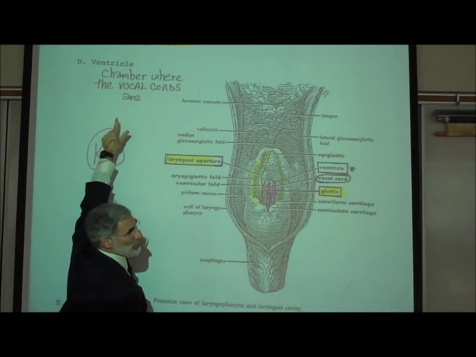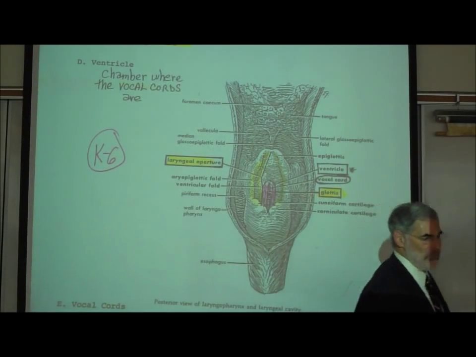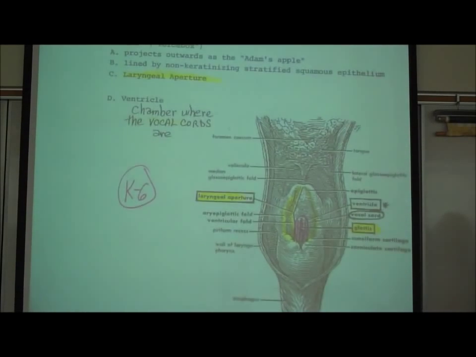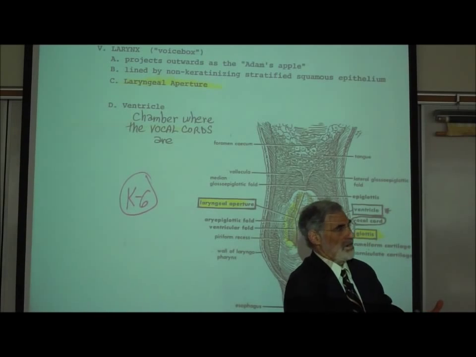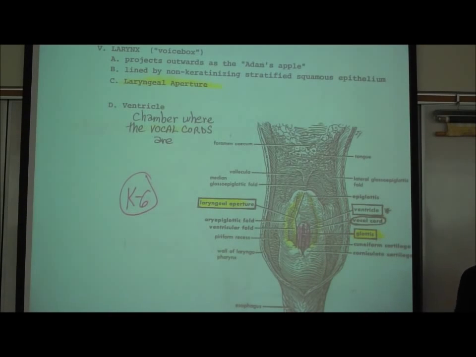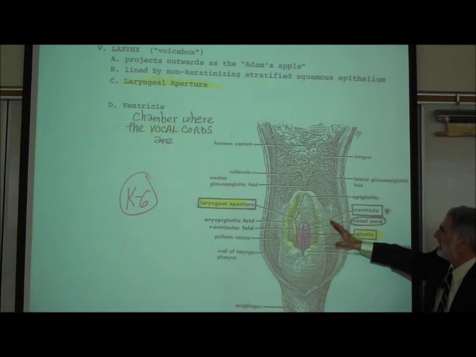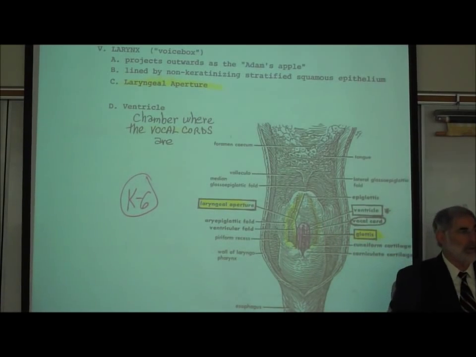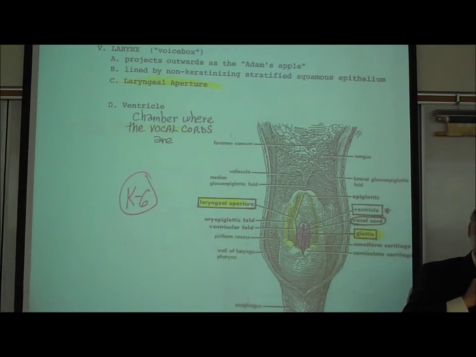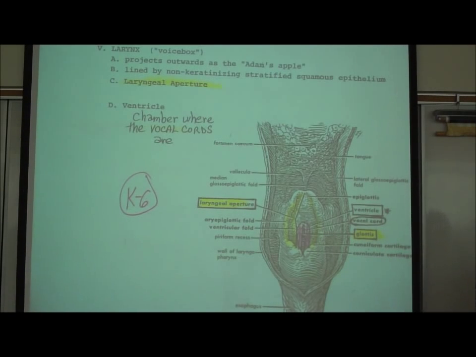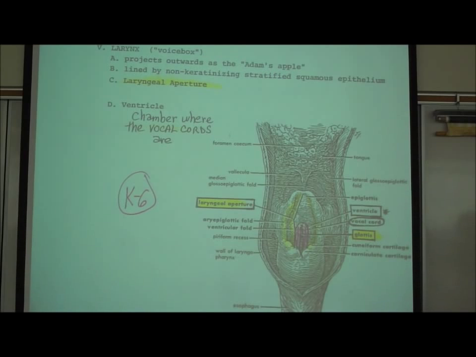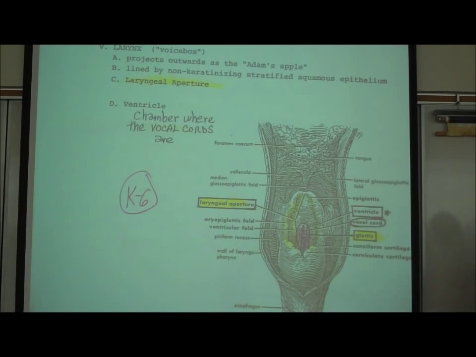Here it is right here, the word. You might say, but ventricle, isn't that like the heart? The word ventricle just means a chamber. And in fact, not only are there ventricles in your heart, not only is this called the ventricle of the larynx, but there are fluid-filled chambers or ventricles in your brain that contain cerebrospinal fluid. So we use these words in many different places in the body. We've seen that over and over.